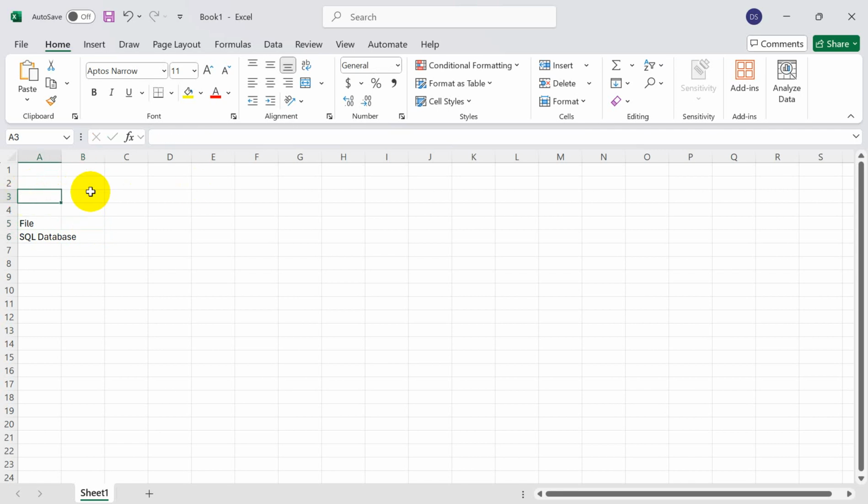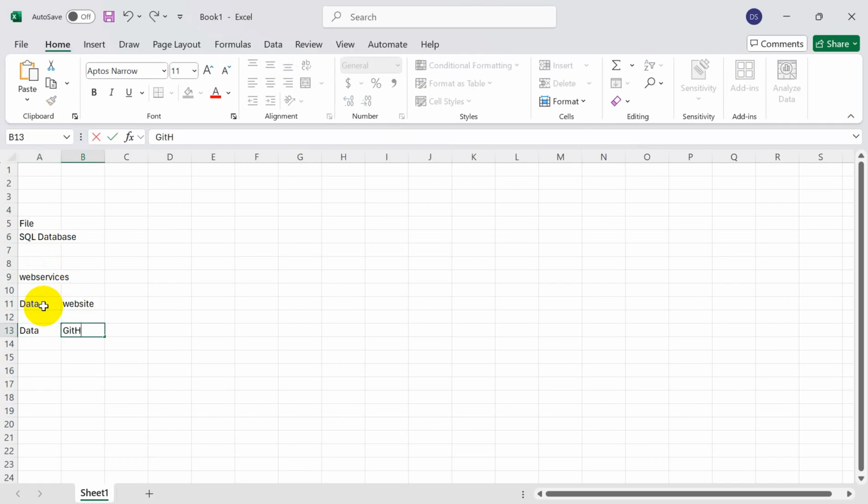But today what we are going to do is use web services. When I'm talking about web services, basically our data will be available from any website. So in today's case, I will have my data uploaded in a GitHub account. GitHub is basically a portal, where I can create my